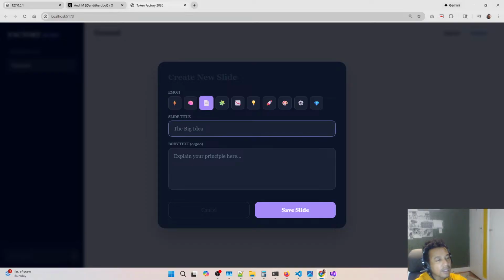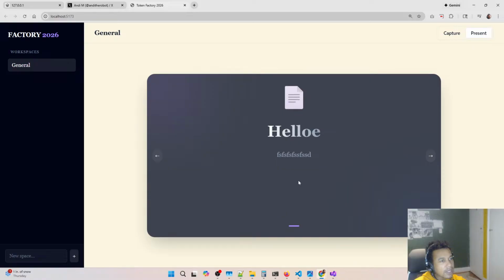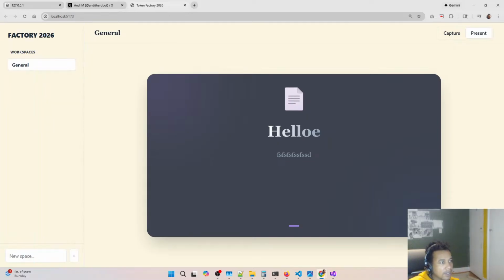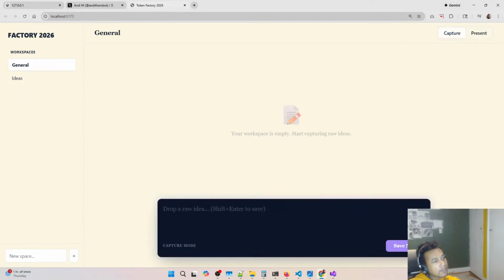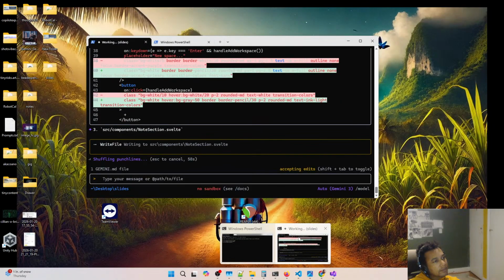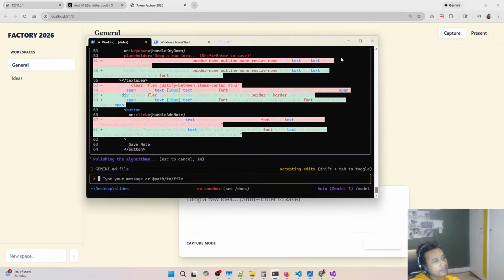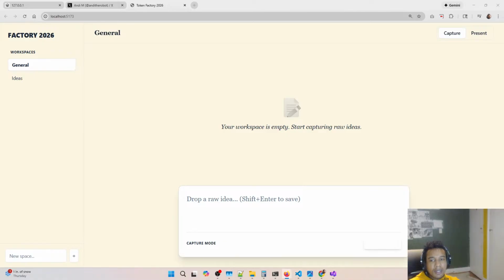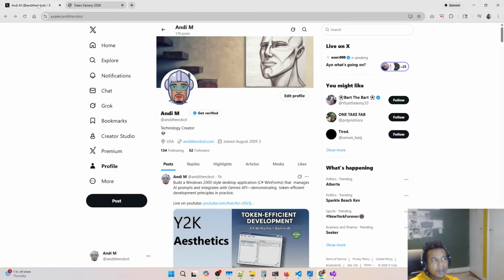Here we can say hello. And we type in, we save this slide. We have the slide. It's actually pretty cool. Okay, now we have different workspaces. I can have an idea workspace. Sometimes the simplest solution, and I go to ideas, and I can go to capture. Okay. So it seems like people would actually prefer to have a better